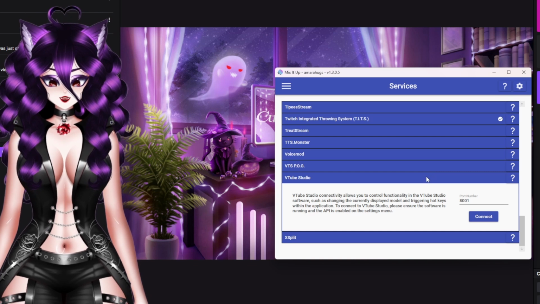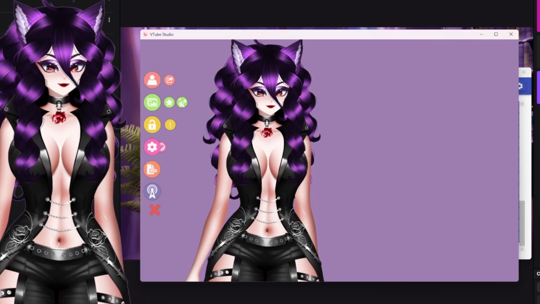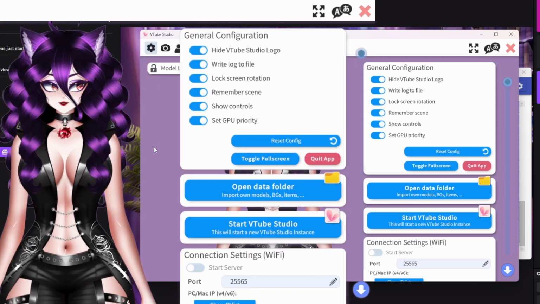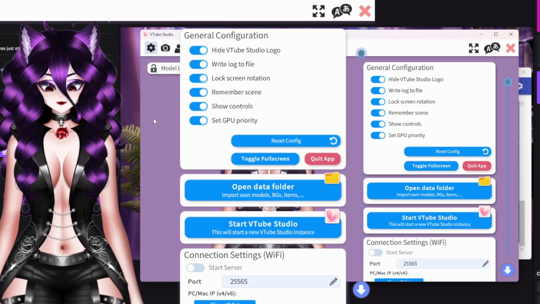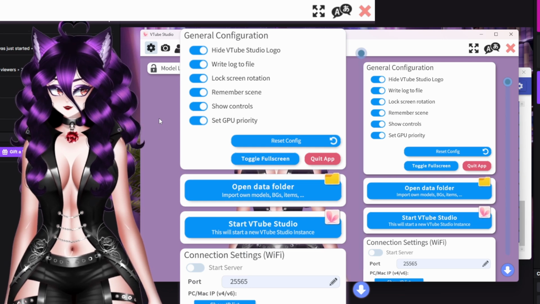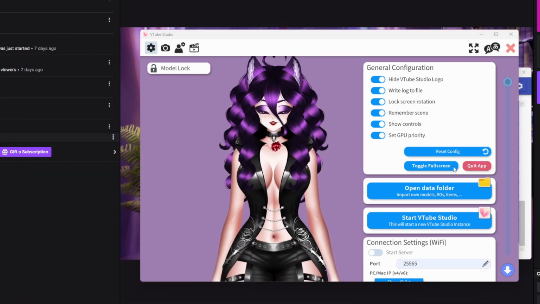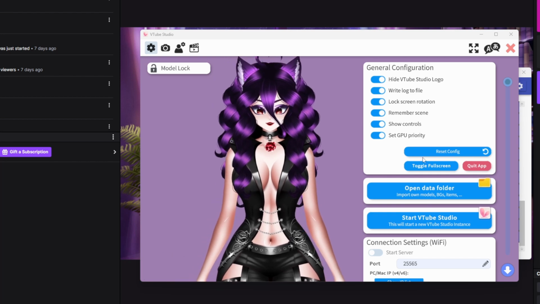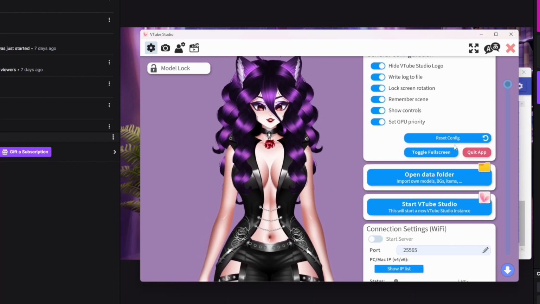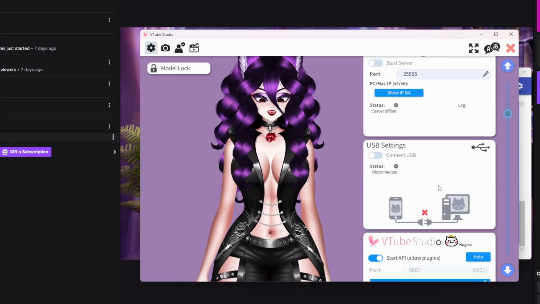You want to connect the port to your model. So you want to go to the settings icon here. I don't know why it's giving me two to look at there. Oh, yes I do. All right. Now, you want to go, there we go. It wouldn't let me scroll. So in the settings here,